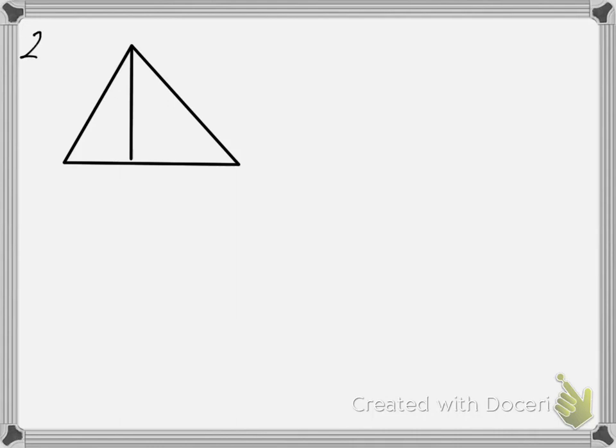Number 2. And they say a triangle ABC is an equilateral triangle. Okay, I didn't draw an equilateral triangle. That means that all 3 sides are the same. That's an equilateral triangle. And it says that AH, we'd intersect down H here, is perpendicular to BC and has